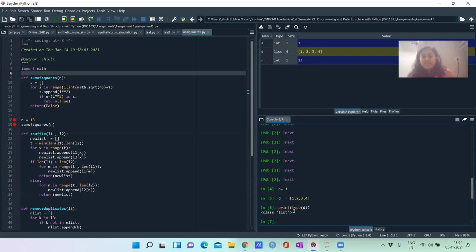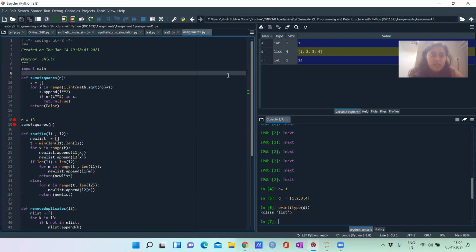So it is not saved anywhere, and this is not your script. You can test your code here, one line by line, and just check the code. So this is a Spyder IDE.